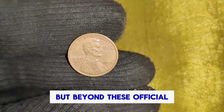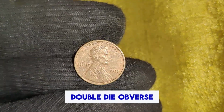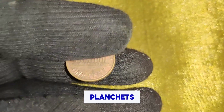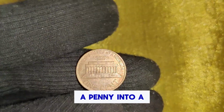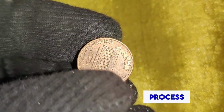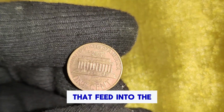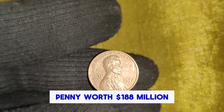But beyond these official grades, it is the anomalies that stir the imagination. Double die obverse, off-center strikes, clipped planchets, these minting errors transform a penny into a unique artifact, one that tells the story of human error and chance within a highly mechanized process. It is these errors, combined with rumored experimental strikes, that feed into the legend of the 1978 penny worth $188